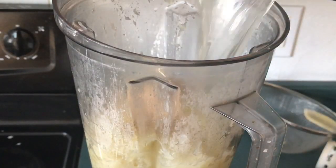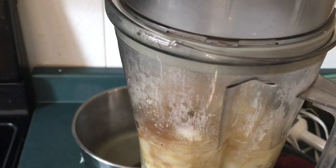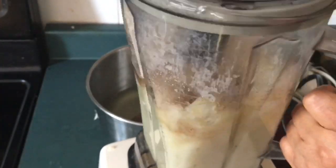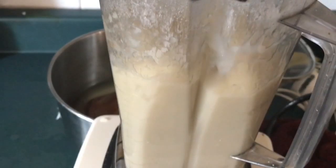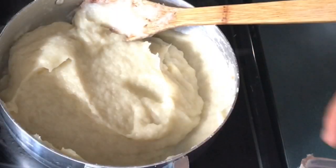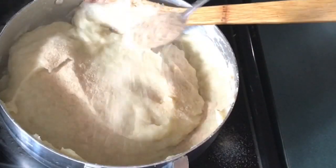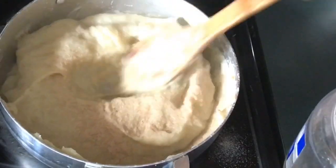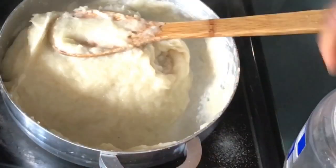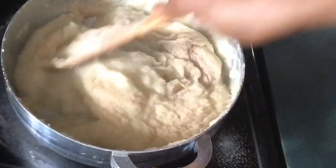Maybe add a little bit of the cabbage water. I hope it's not too much. So please, if you have a blender, make use of it. Because this cabbage is more than the portion I normally use a teaspoon for. I'm using 1 tablespoon. I'm going to sprinkle it all around, because if not, it's going to clump up. Added another teaspoon to the other one I